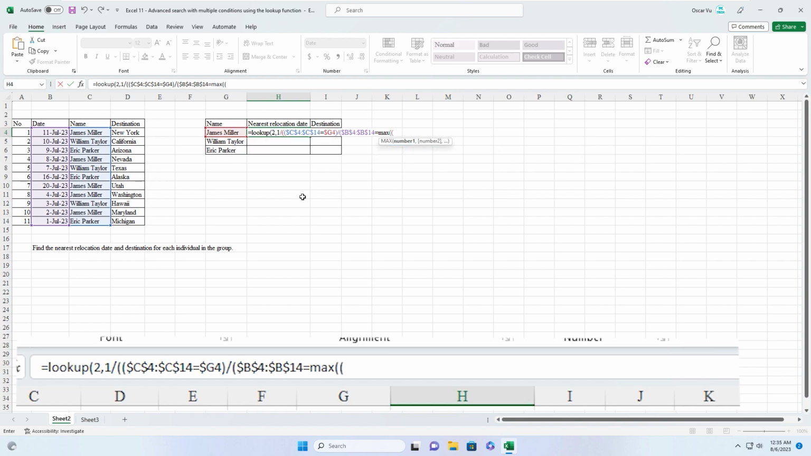open parenthesis open parenthesis. The first condition is this range. Press F4. Close parenthesis. Multiply. Now I only keep the date corresponding with James Miller. So I will copy this, copy and paste in here. The second condition about the MAX formula, close parenthesis,